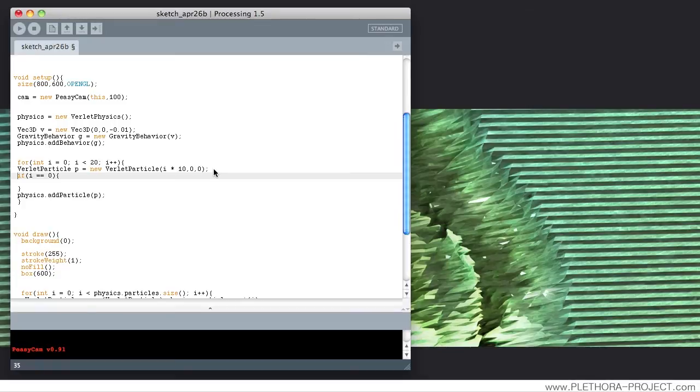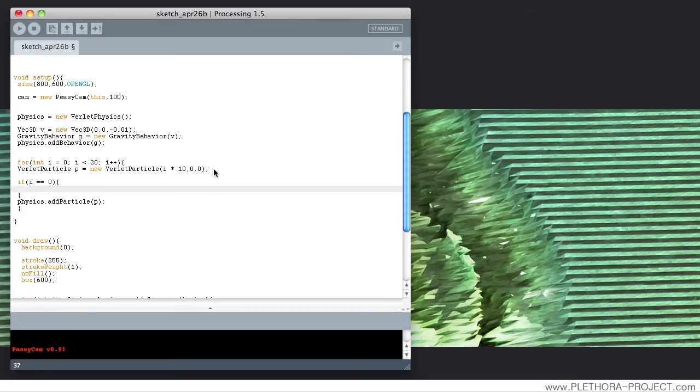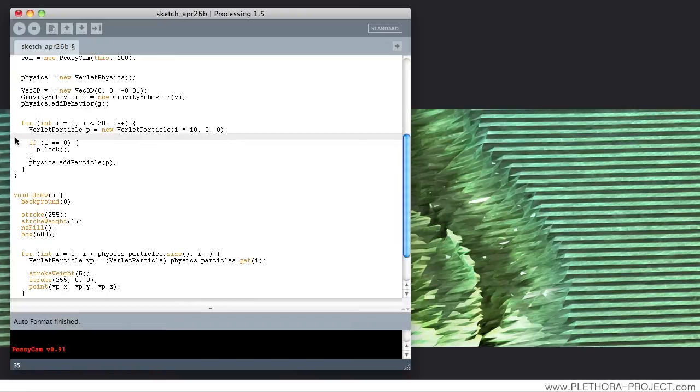I'm writing this here in the for loop, just to suggest that one of these particles, the first one that we create. So we're saying if i equals 0, p dot lock. We're locking the particle,